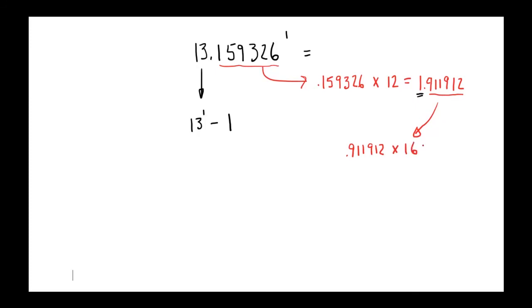In this case, I'm going to the nearest 16th of an inch. That number could have been 32 or 8 or 4, but the more accuracy I want, the higher that number will be. So I multiply it by 16. I end up with 14.59. The nearest number is 15. And so I end up with 13 feet, 1